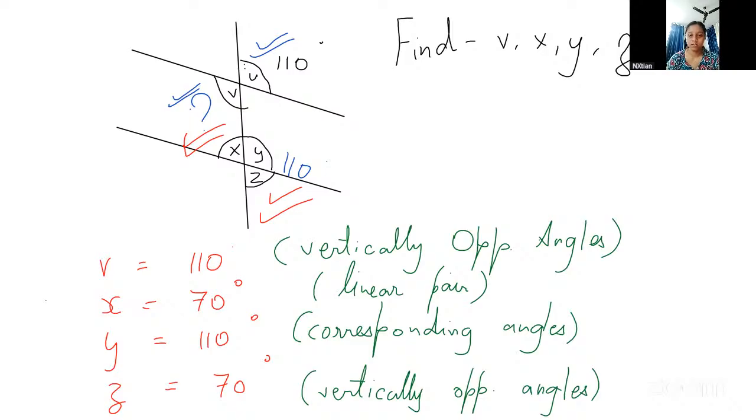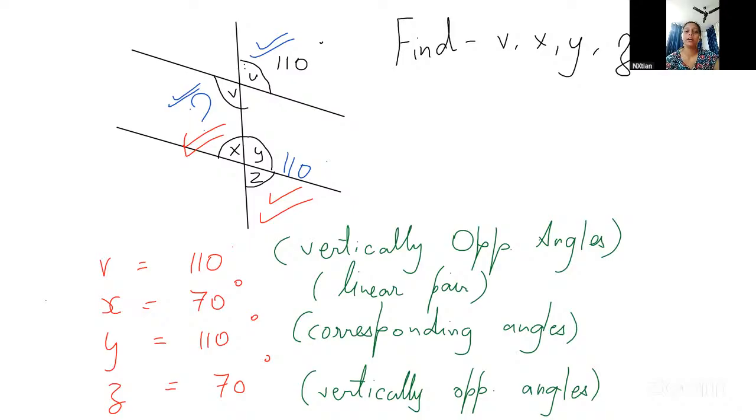Yes, ma'am. But there's another way also to solve it. Yes, Abraham, there are countless ways. We could either solve it as V and Y corresponding, then take angles on the line equal to 180, and then we could do vertical, and then interior. Ma'am, we can solve it almost any way. Yes, that is true. You can solve it any way.